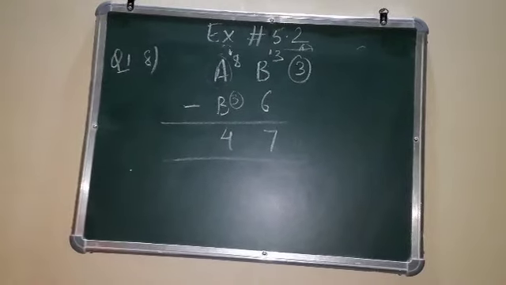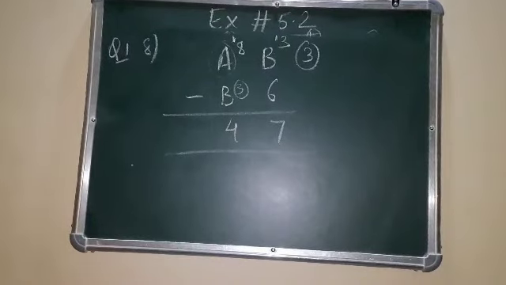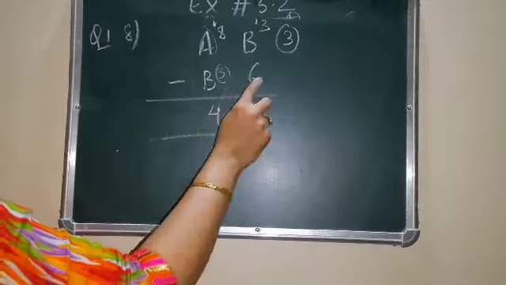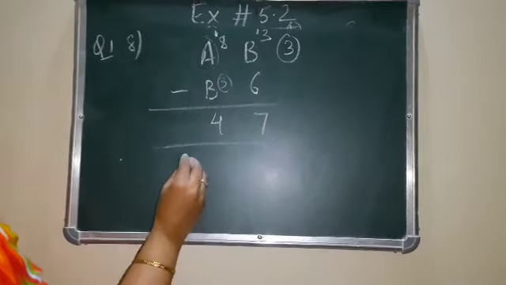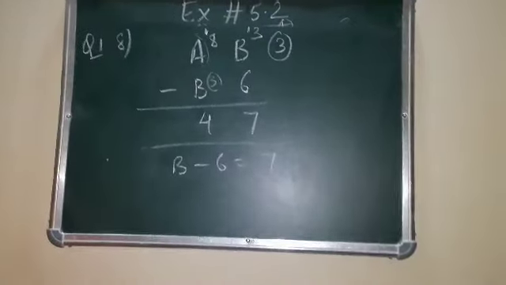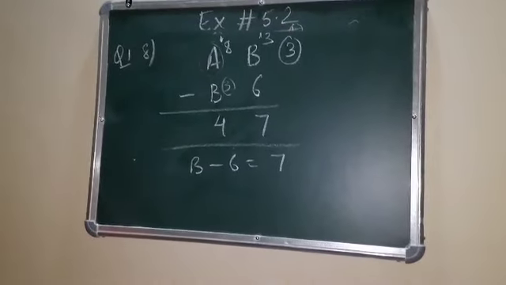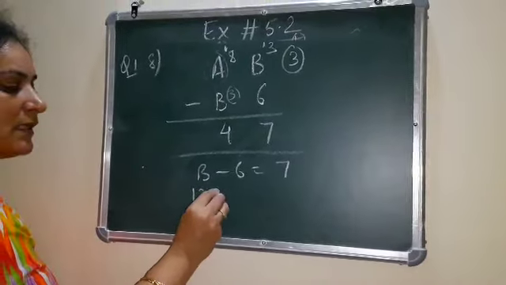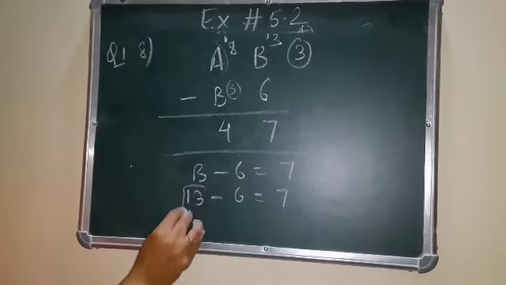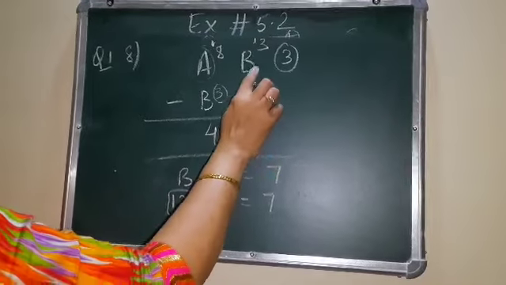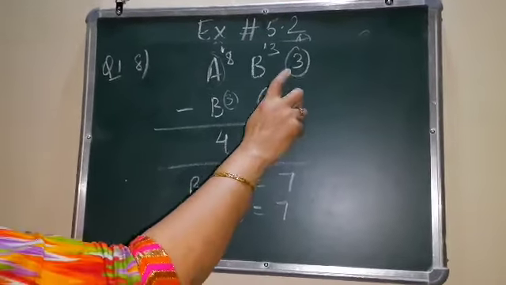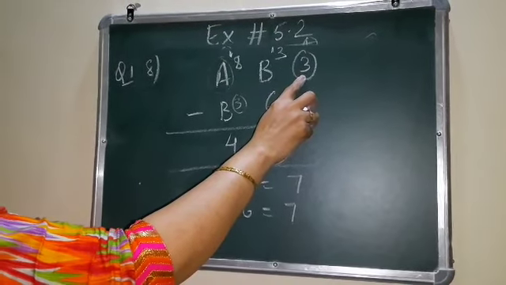The number is AB minus B6 is 47. So I have to see that these two answers should be same. Now first, B minus 6 is 7. From which number will you subtract 6 to get 7? We know that it is 13. 13 minus 6 is 7. Right? So I want the number 13. But I cannot put B as 13. I have to put the unit digit also only. So B I have put as 3.